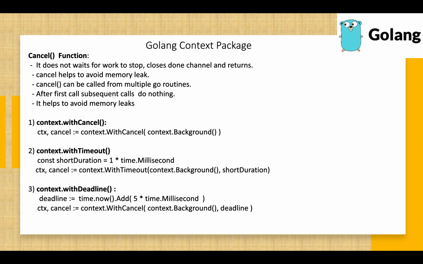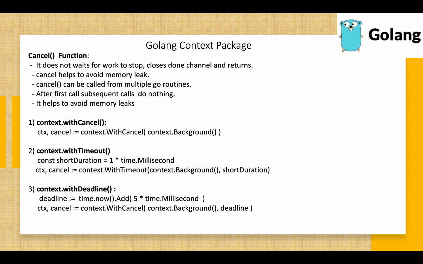Cancel context, with cancel. With cancel returns a copy of the parent context with a done channel and a cancel method. If you invoke the cancel method, it cancels the context and returns to the parent. The returned context's done channel is closed when you cancel the context. So next is